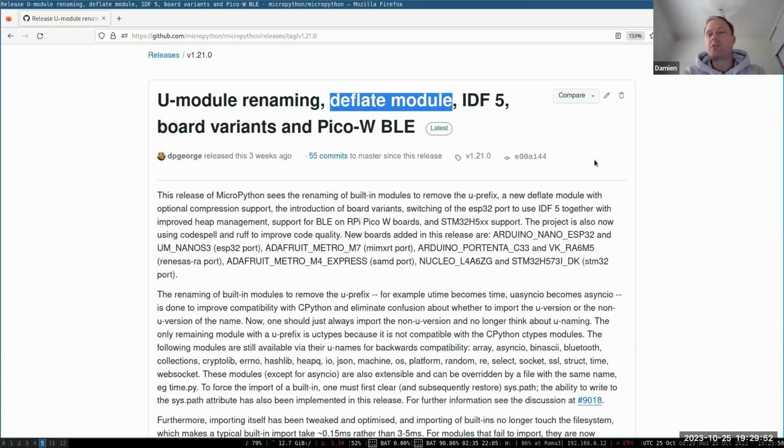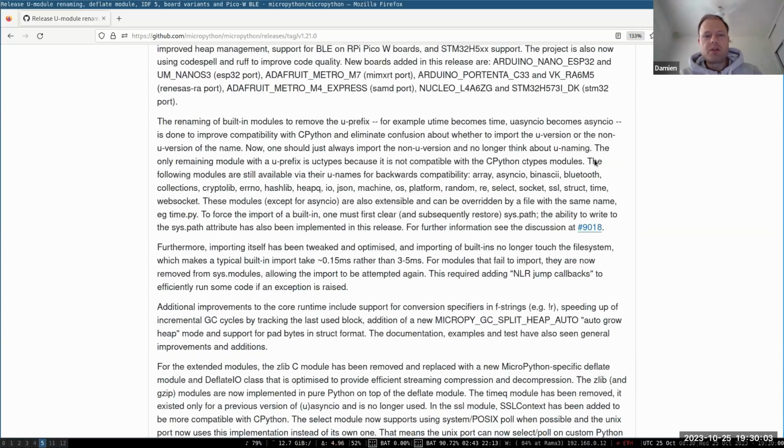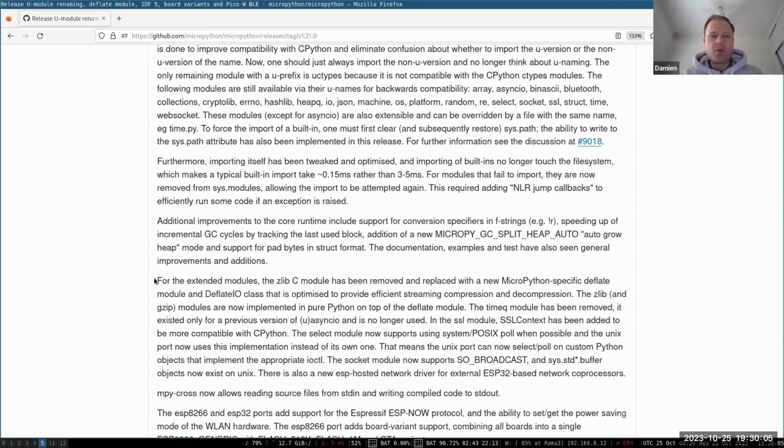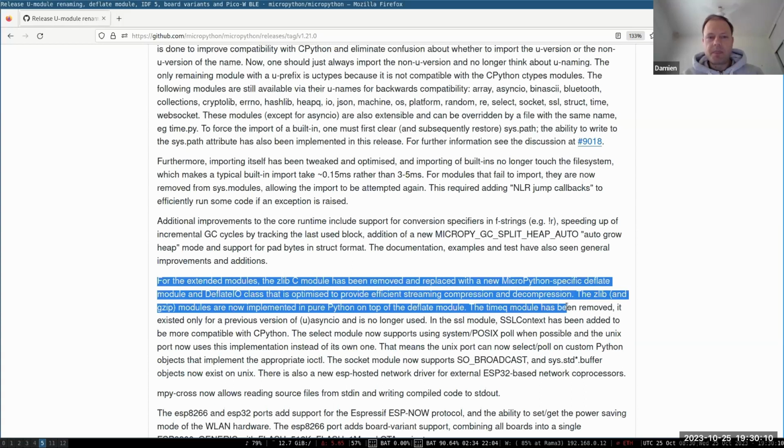Now, we had originally a zlib module, which was for decompression. And we wanted to add compression to this. And adding compression in a compatible CPython way was a bit tricky, because the way CPython does is you need to